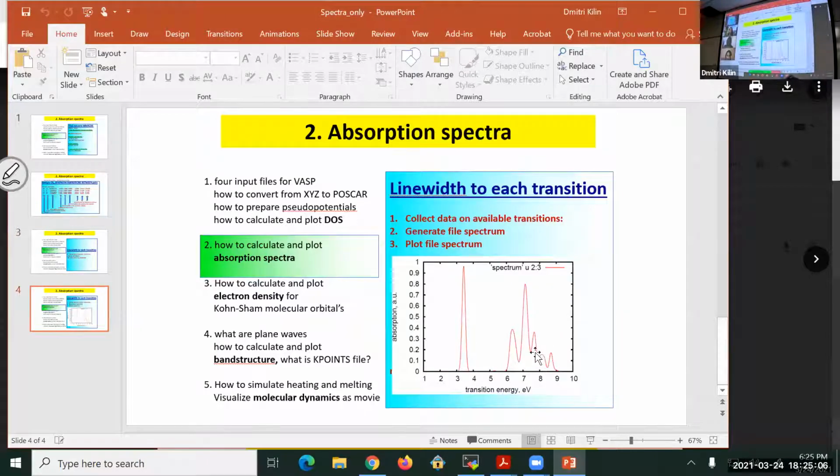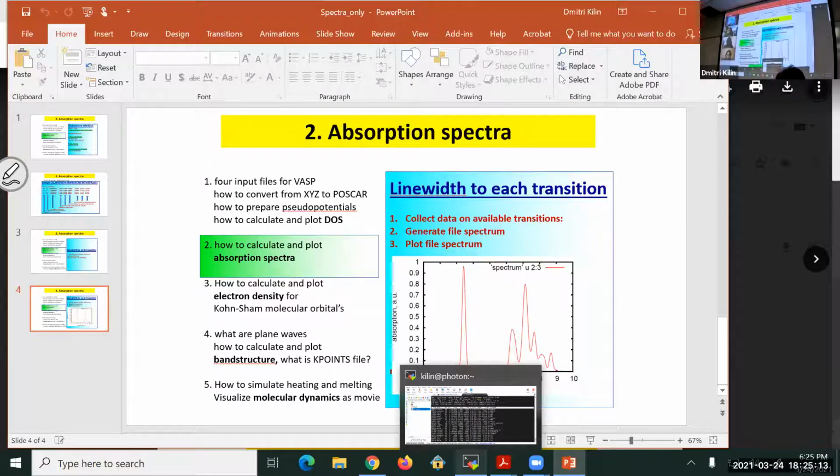As we go through the practical side, I'll refer to the slides and give some additional explanations, but right now